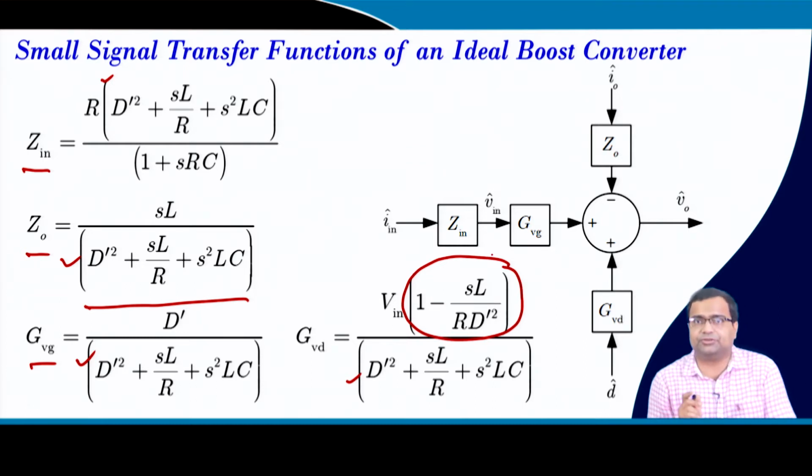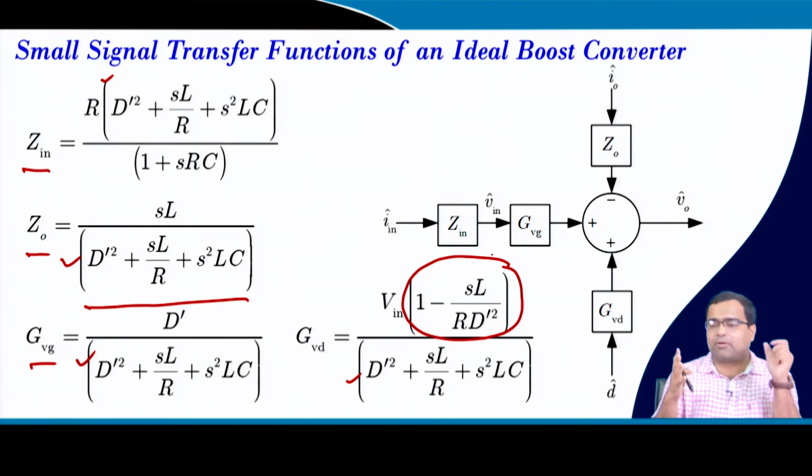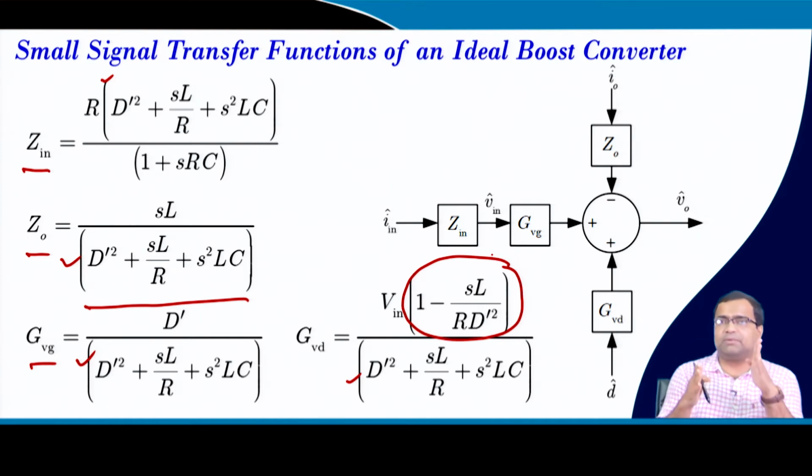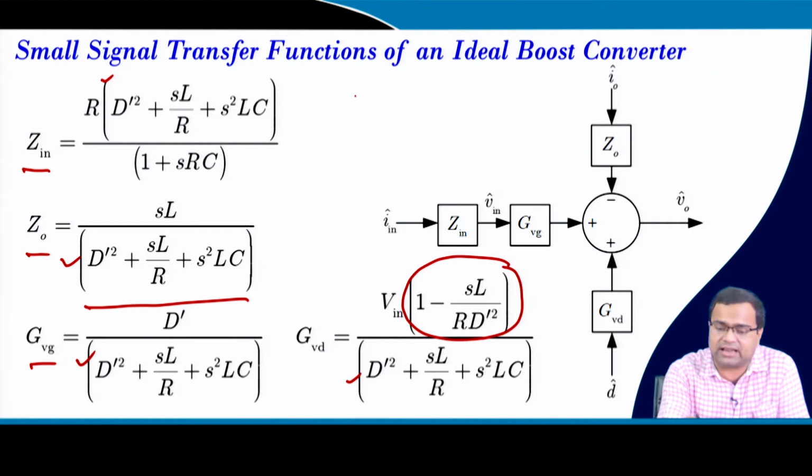Okay, so right half plane zero. That is one of the major problems in a boost converter. In this presentation we are going to talk about what happens when a transfer function has a right half plane zero, or a zero, and how it is going to affect the response of the system. Because in our second order undergraduate control system course, we have studied a normal transfer function.